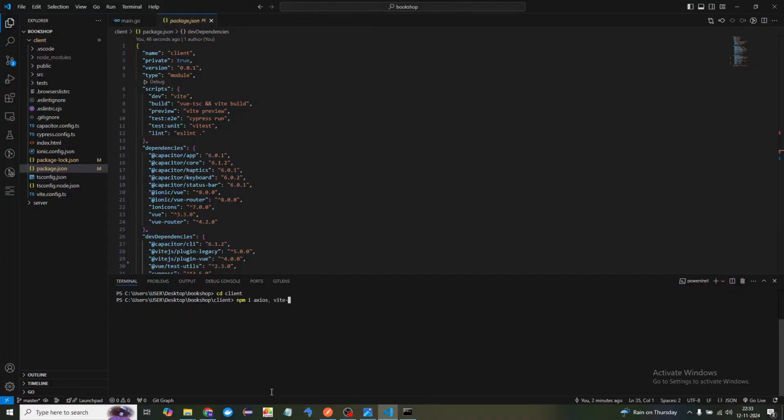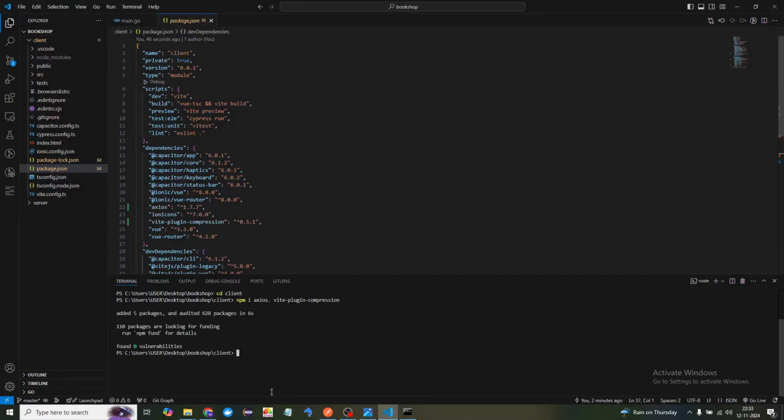For that what I need is the vite plugin and then compression. This is one of the packages in node npm. Using this package, when we build, it will compress our application and reduce its size. So let me press enter, and then we are almost done with all the dependencies that are required for this project, and then we'll finally start replacing all those TS files